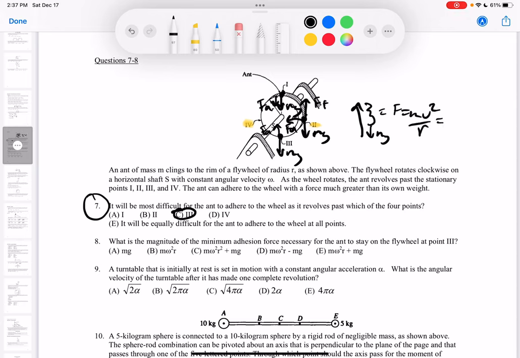Or we can change it to m omega squared r, okay? So that 3 spot will be the hardest because FA needs to be bigger than mg, and it has to have extra left over so I can still keep going in a circle, otherwise he would fall off. Okay,